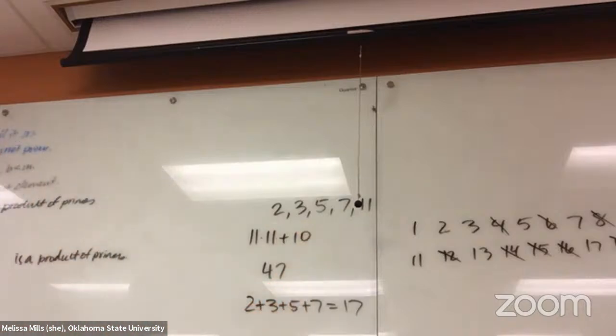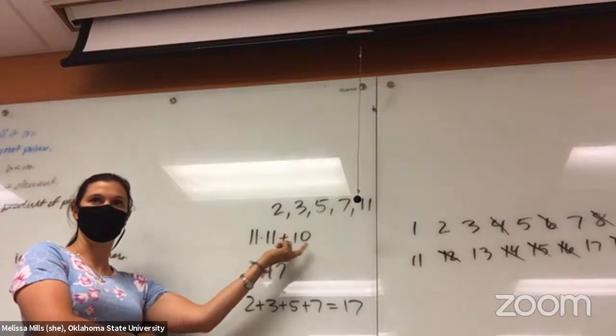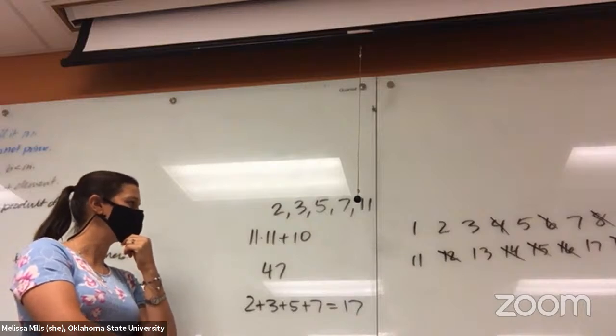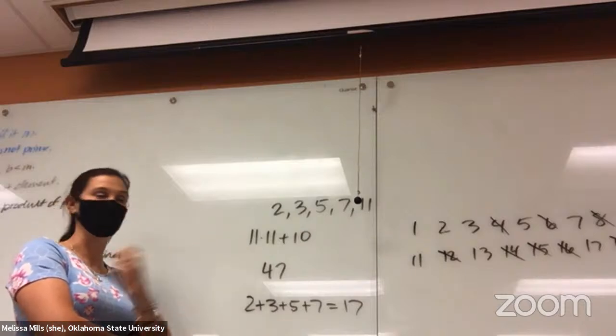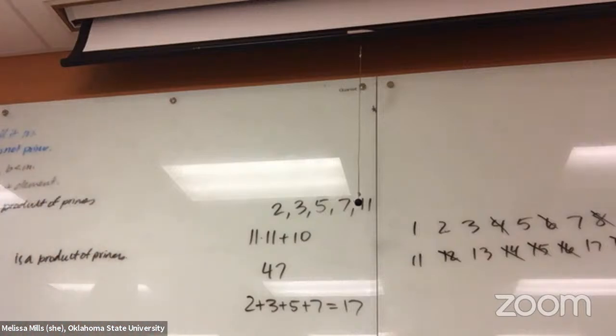Okay, and that is not going to be divisible by 11 for sure, right? Is it divisible by any of the others? So this part is not divisible by 7, and that part's not divisible by 7. But when you add them, I think that's 131. 131, and did you try dividing everything? Yeah. Paula? I was going to say, I think, yeah, that word we were talking about, I think if you did like 11 times 11 plus, like there's other numbers you could add that it wouldn't work for, so maybe